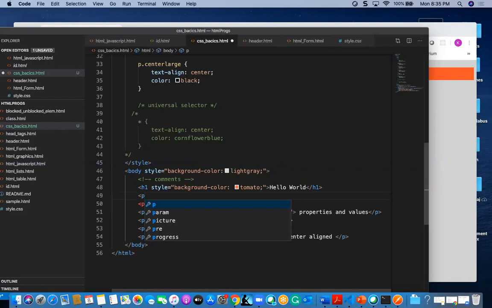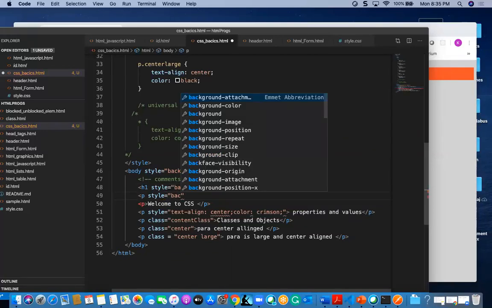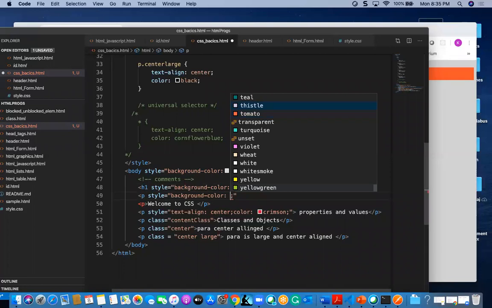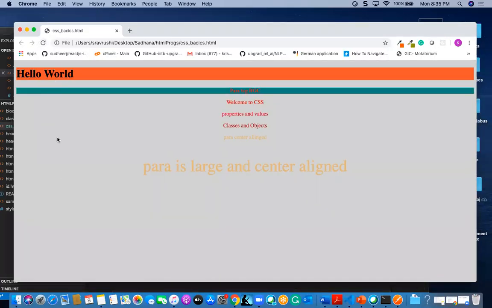And not only for h1, we can give it for the para tag also. In the para tag we are having background color, some kind of steel or something I give. So I can find this for this also.